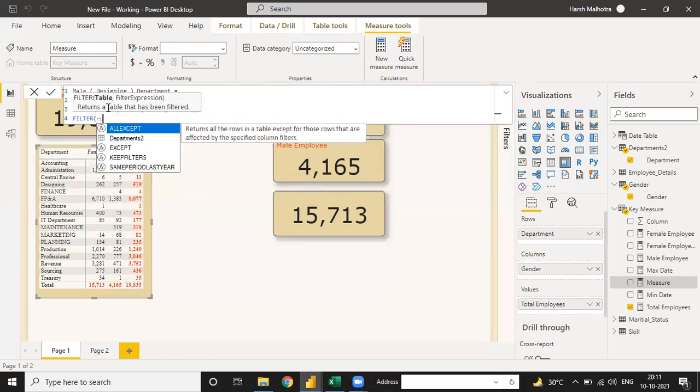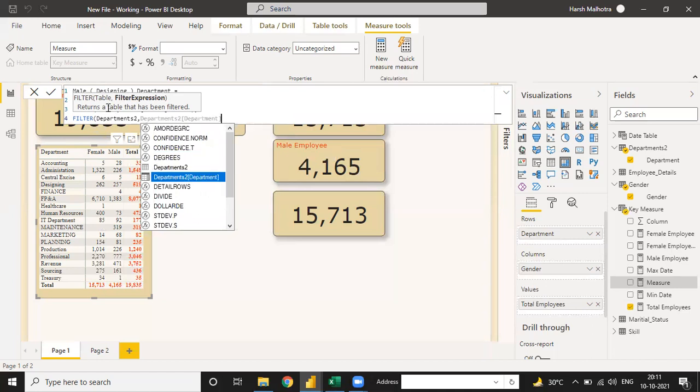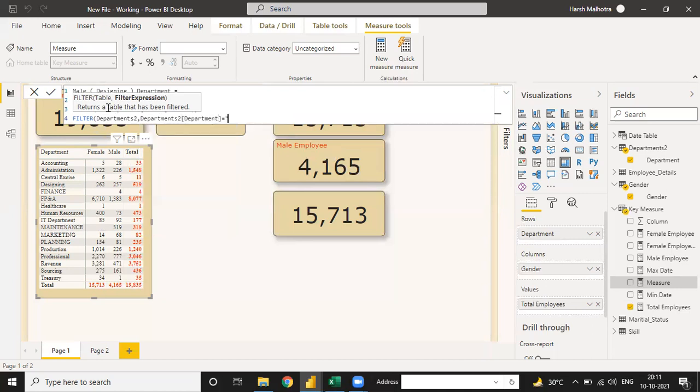Second filter, I use the department table, and under it the department column, is equal to the department name, case sensitive. Guys, case sensitivity is a very important thing in Power BI, so you have to identify all this case sensitive data.